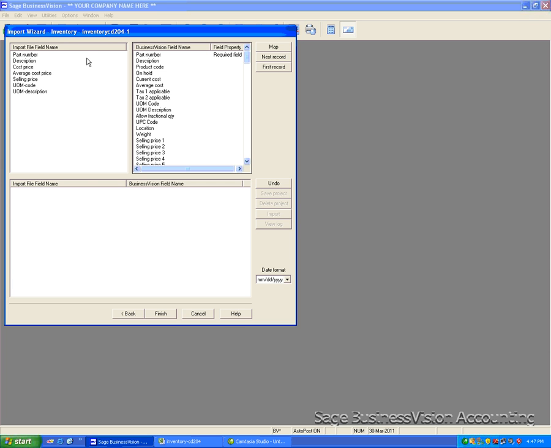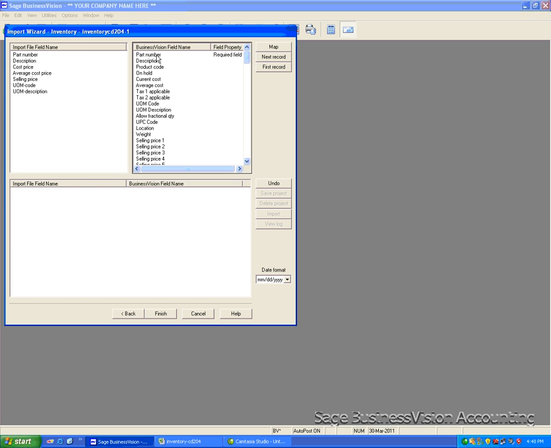This screen is also called a mapping screen, where you are now mapping each record from your file to the record heading in the BusinessVision required list, in order for BusinessVision to know what each record represents, to be imported